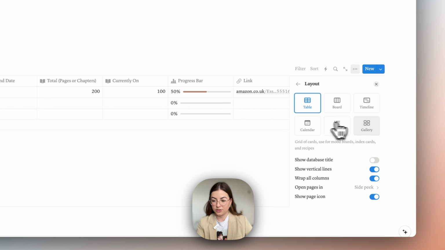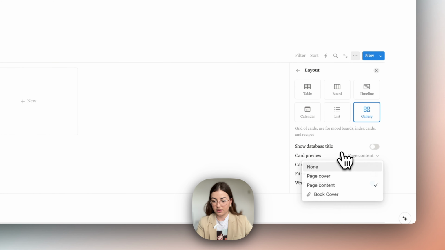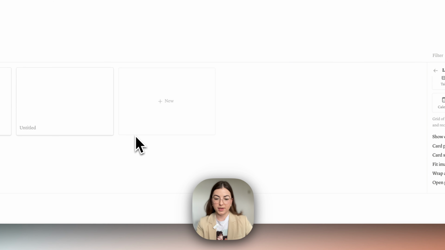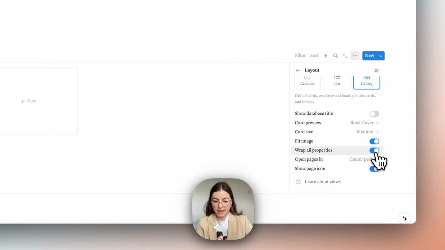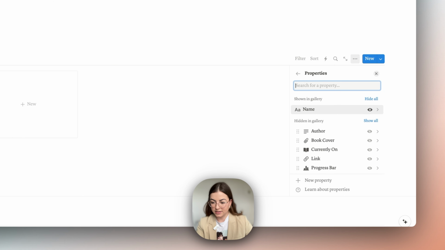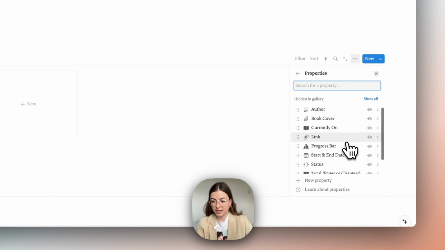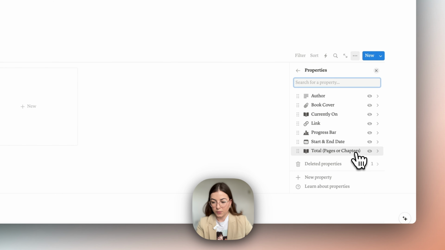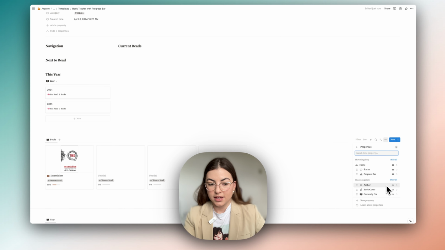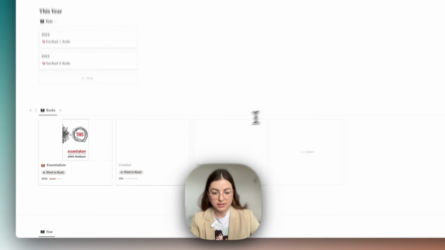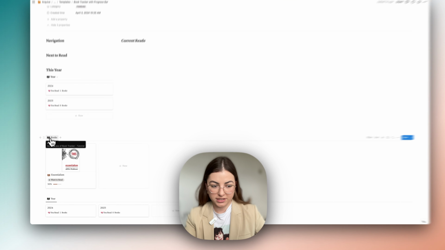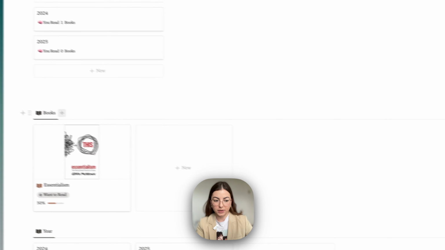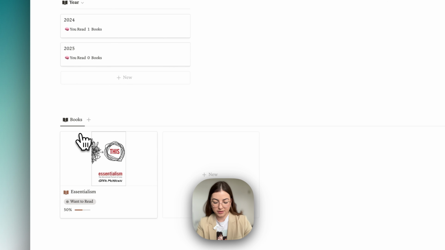We can also make this into a gallery. Use page cover, and because the image is quite big, I like to toggle this on. So it shows up like this. You can also hide your icon if you want to. And let's customize these properties. We can add status. We can also add a progress bar. And you can also add any properties you want on this view, but for this case I'm just going to keep it very simple like this. And these are all the books that we are reading, that we have in our library. So we can actually change this to library,